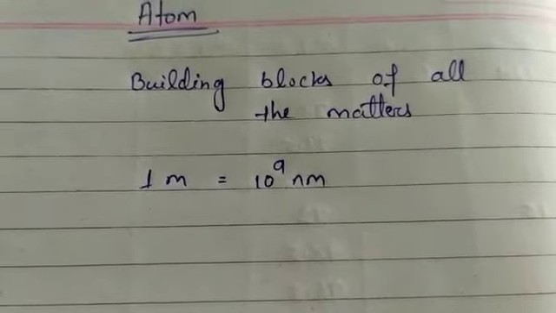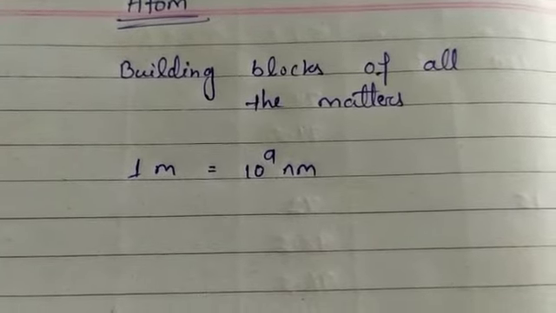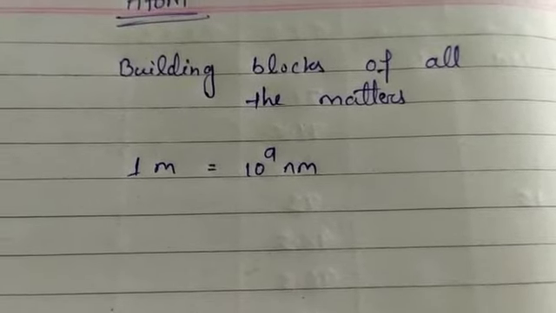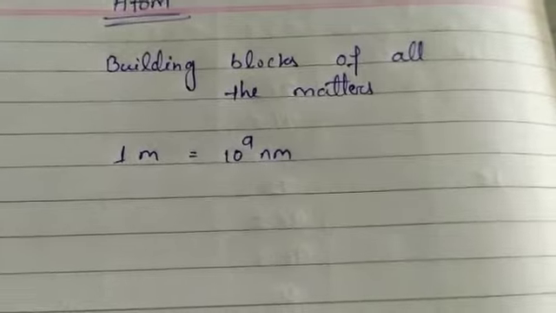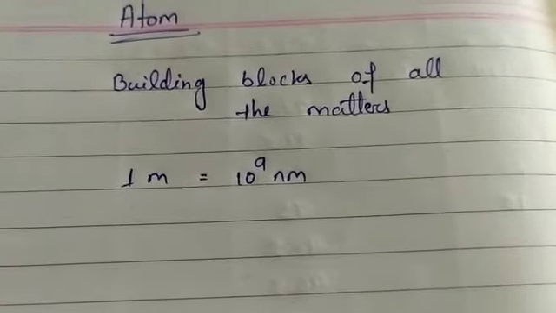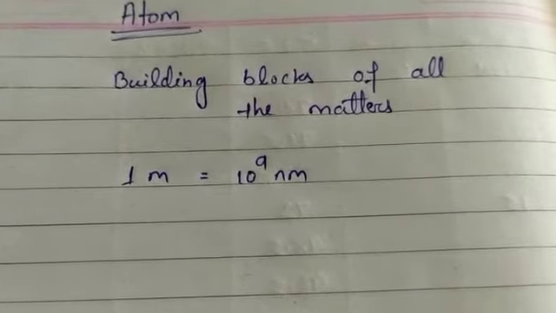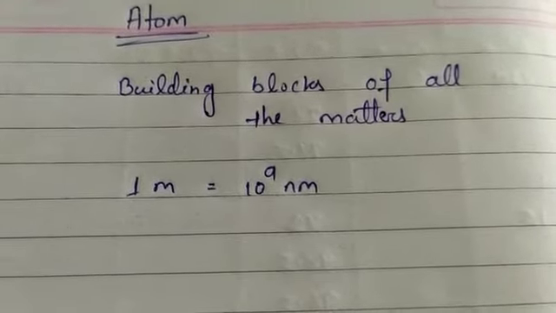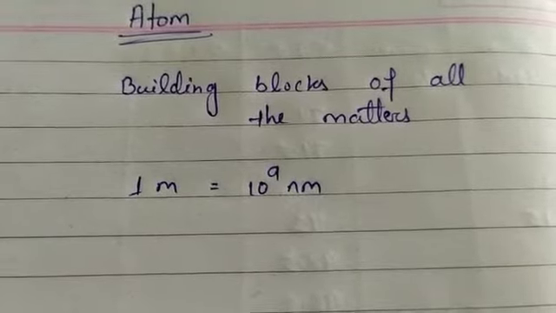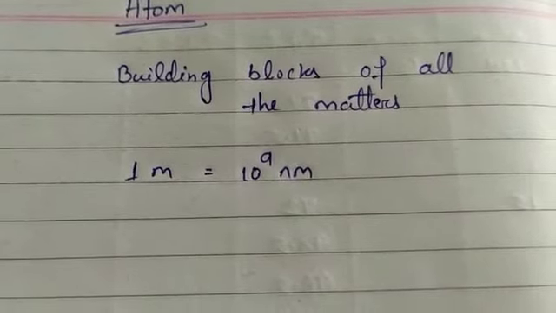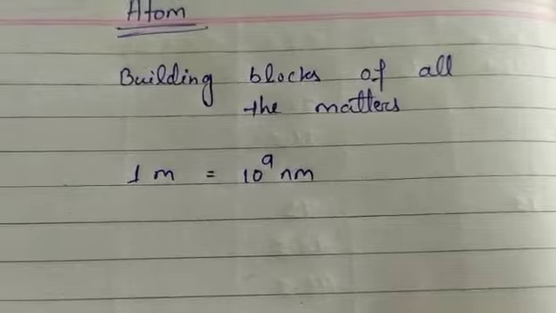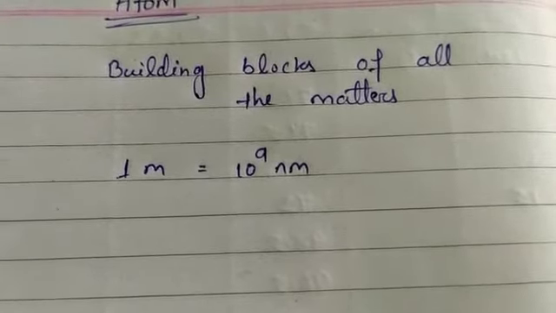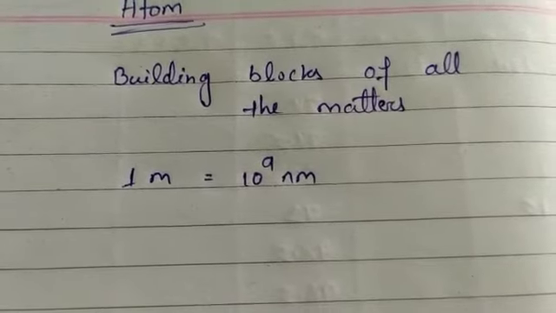But nowadays, through modern techniques, we can produce magnified images of surfaces of elements that show atoms. But still atoms are very small in size. We can't even imagine the size. Millions of atoms, when stacked, make a layer as thick as a sheet of paper. So we can imagine how small they are. That is why we are not able to see atoms, but they are there. The whole world is made up of atoms.